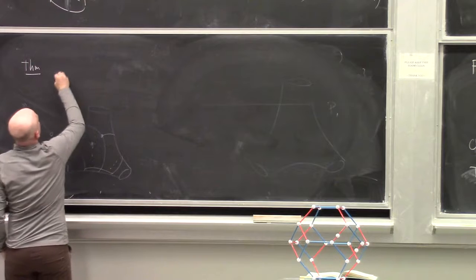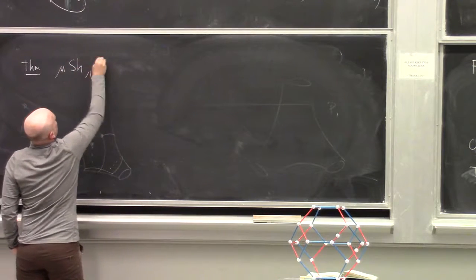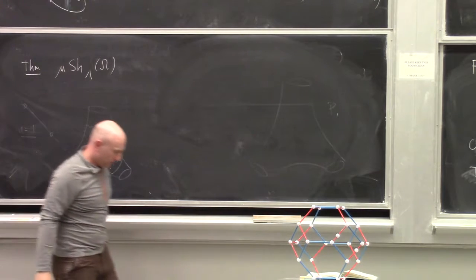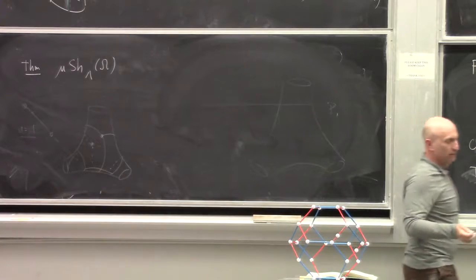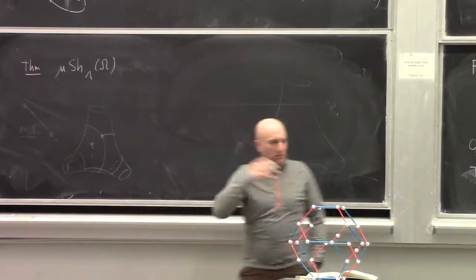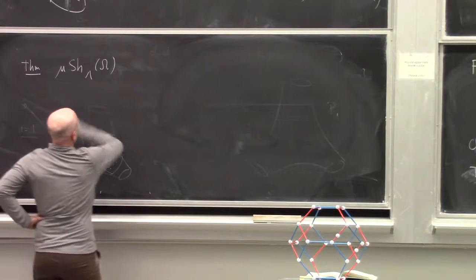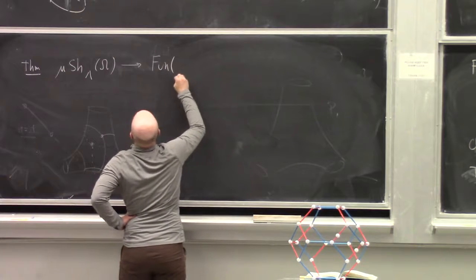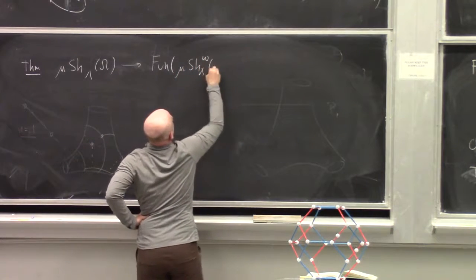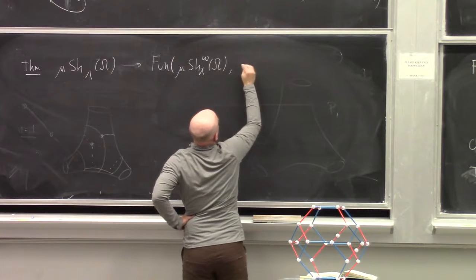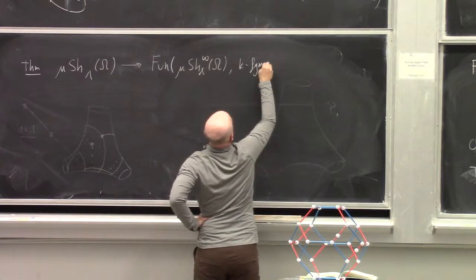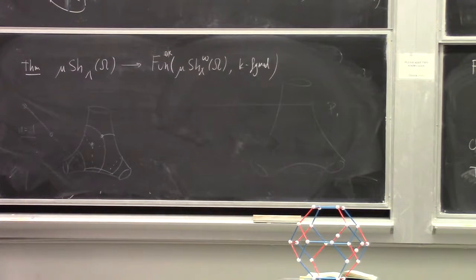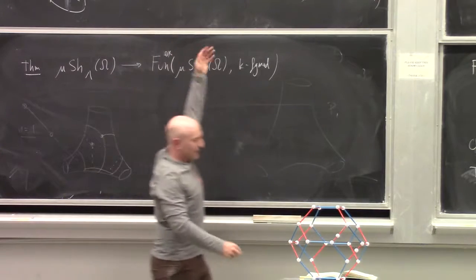We can look at traditional microlocal sheaves. Lambda and omega are as we've had them, so lambda and omega are inside some cotangent bundle, and I look at microlocal sheaves on omega. So it's sections of some sheaf on omega, on lambda. And now there's a natural map to functors from wrapped microlocal sheaves to K-mod, finitely generated K-mod. These are exact functors. And there's a natural functor which is sort of built into the definition, so to speak.